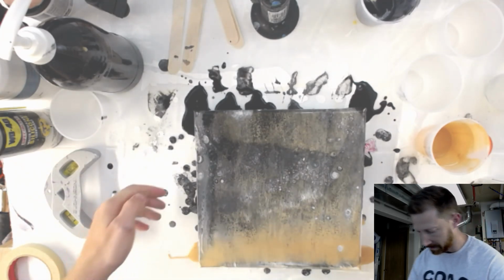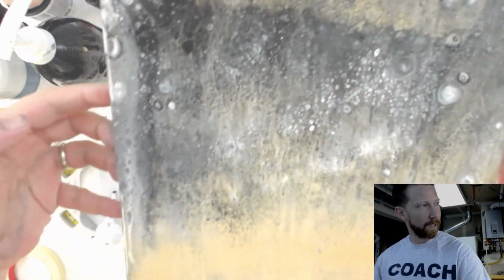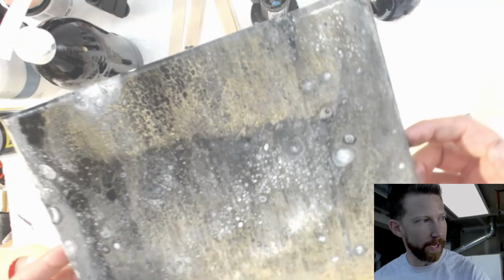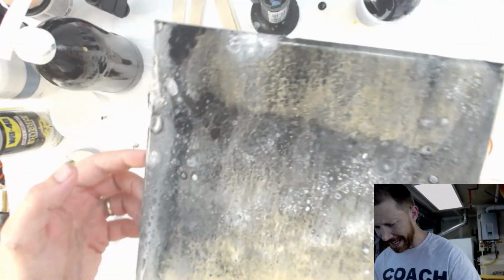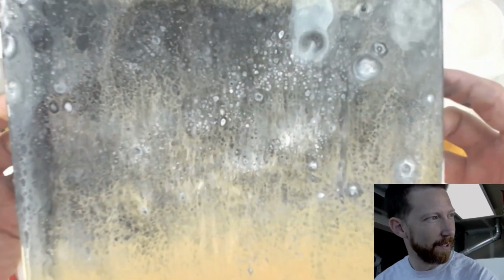Oh, okay. So this is what we came up with. And how cool is that? And so everything that looks gold right now is with milky white Floetrol. So it's not going to be shimmery just yet, but it will be shimmery when it dries, because the Floetrol dries completely clear, completely transparent. And yeah, how cool is that? I don't know if you can see some of this fine detail, but